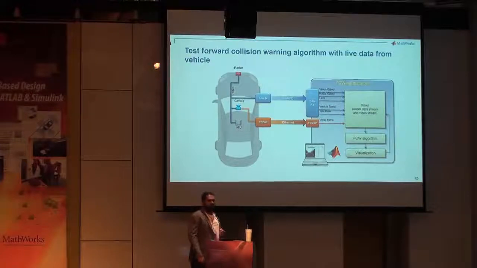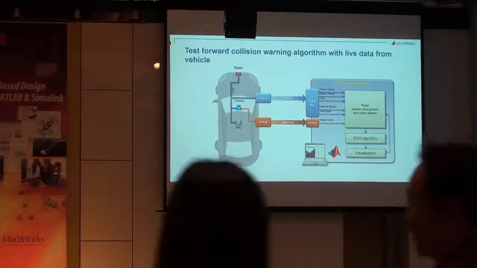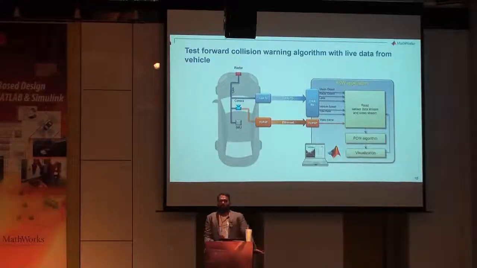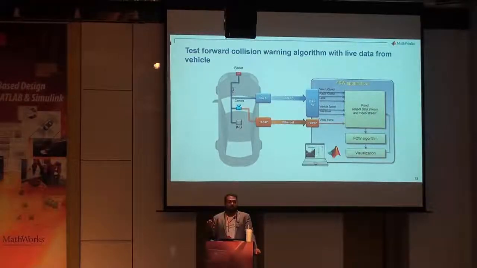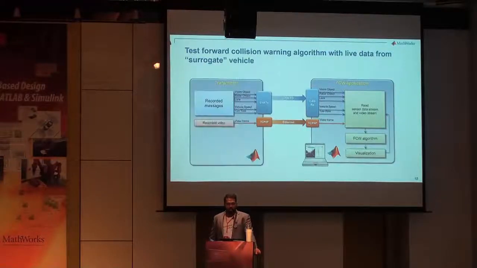I'm going to create an application called, in this case, a forward collision warning application. In this example, we're going to try to use sensor fusion to locate a vehicle in front of us and determine if it's too close. And if it's too close, we should provide a warning that we are about to collide. And so there are components to this involving multiple sensors, and then you'll see how we apply the